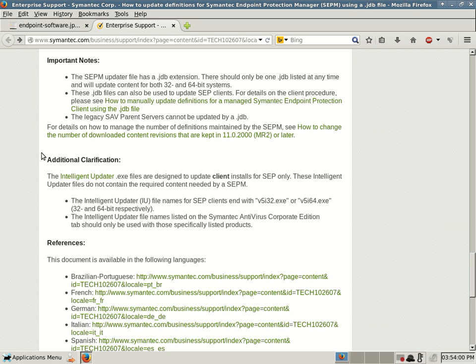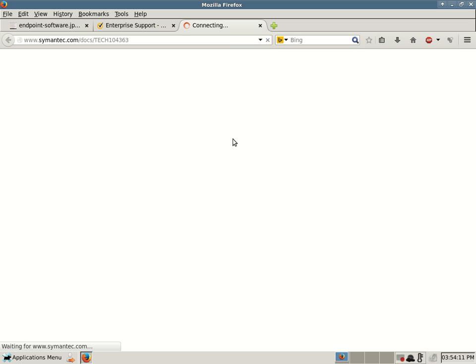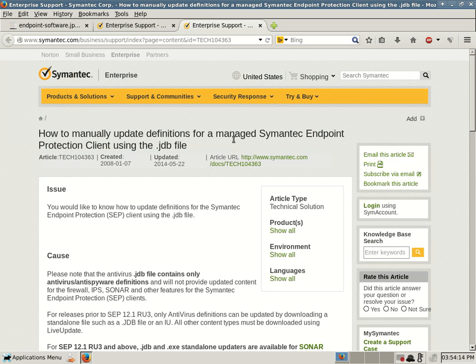These .jdb files can also be used to update SEP clients. For details of the client procedure, please see, I'm not going to go over that, but I'll show you this link. It could be a server. It's most likely that you might be using this as a server, and then you have client computers that update Symantec through your server, and that's possible. Instead of going out to Symantec servers over the internet, you might have a local area network, your office network or your home office network or whatever, and then each computer